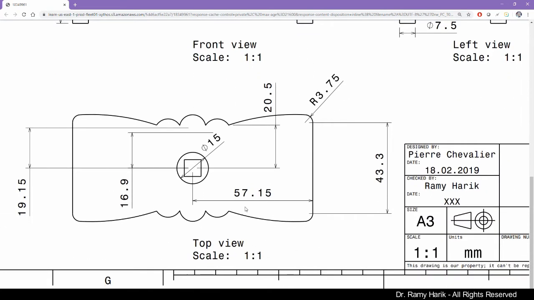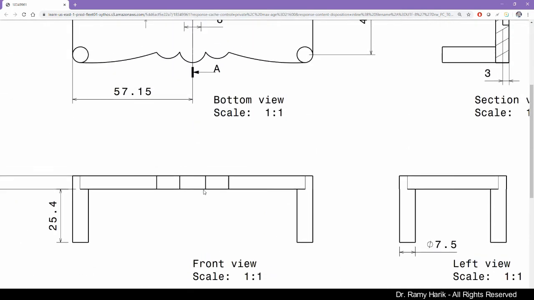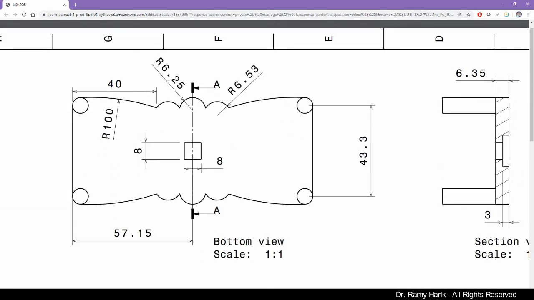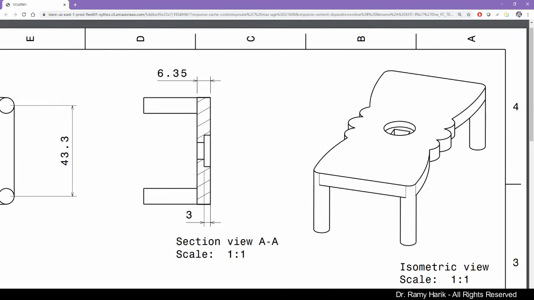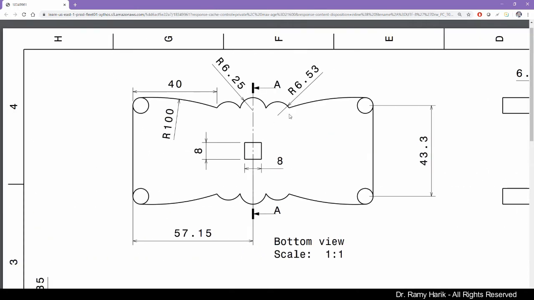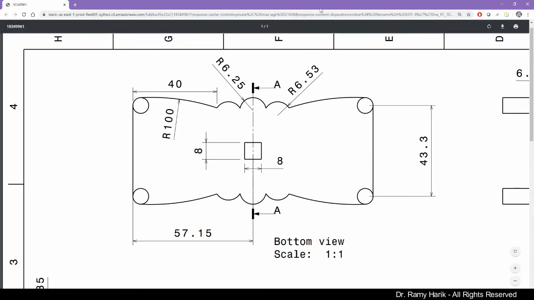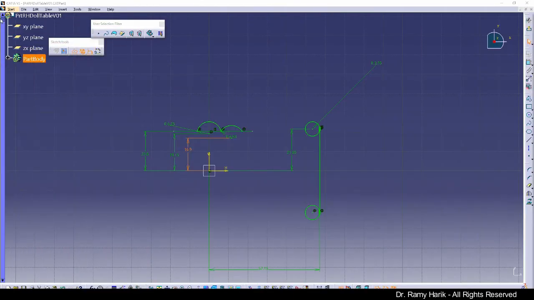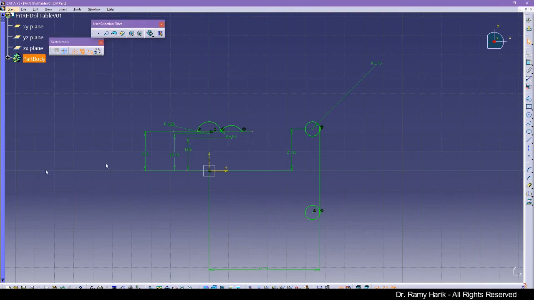Let me confirm that. 1, 2, 3, we've taken into account all these dimensions. Let's see here. There is nothing here, and there is nothing more here. Okay, so this is a good live demonstration of what can happen. And now that we know that